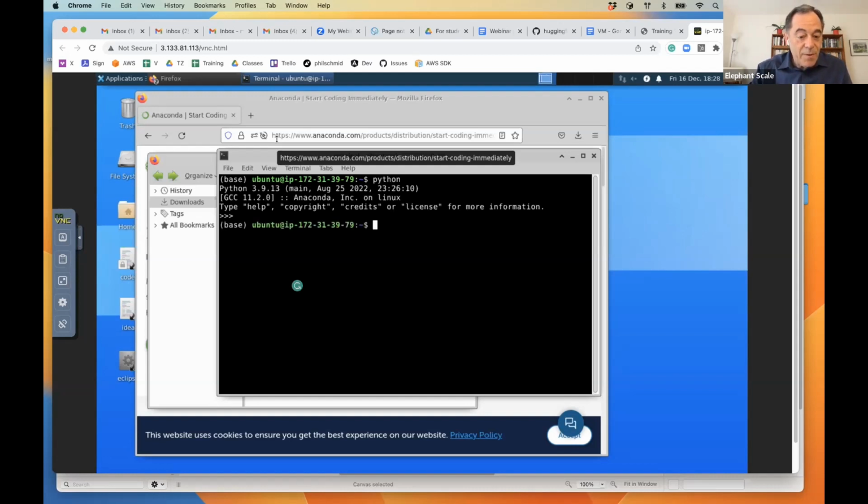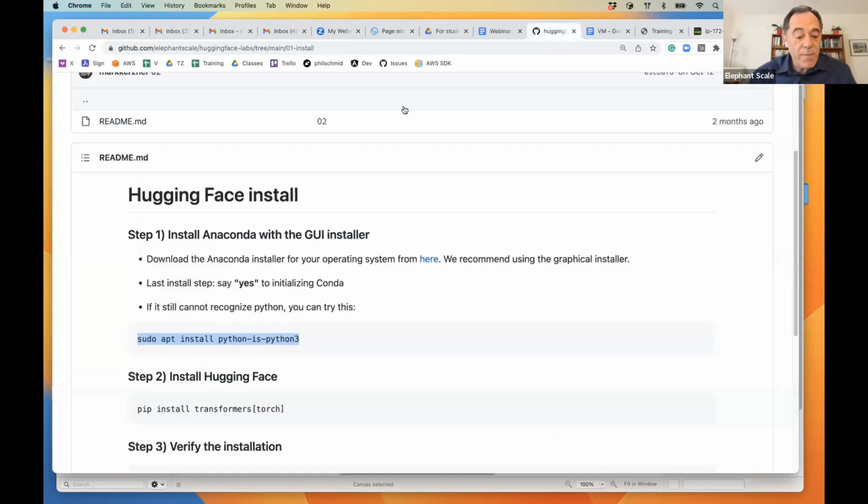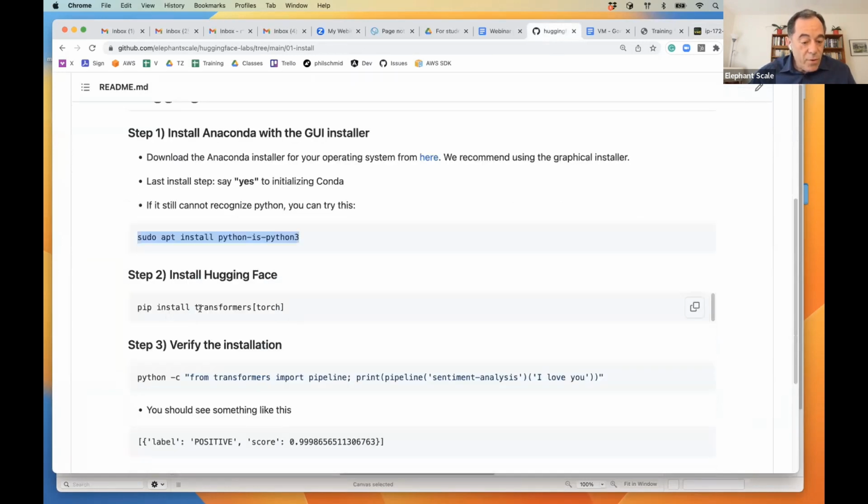Control Z, I said, right? So that's good. If you went to this lab, and if you installed it, and if you also did this, now you can say pip install. That installs all the libraries, by the way, based on Torch. There are a couple libraries that you can be based on. One is the Google library, and that would be TensorFlow. And the next one is Torch. Last time we discussed all the social aspects of those two libraries. Right now, we'll assume that Torch is slightly better than TensorFlow, and it's more popular, by the way. So we'll just use this.